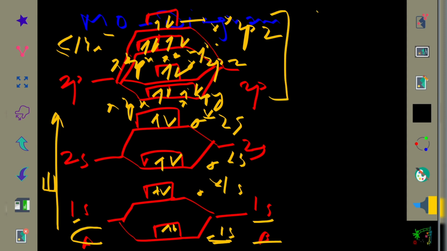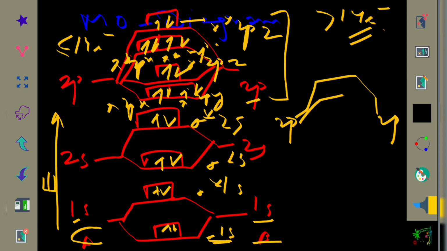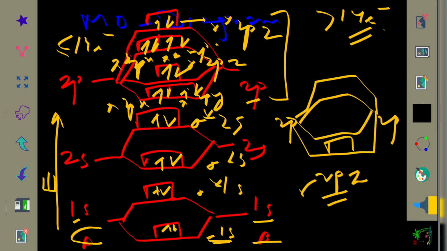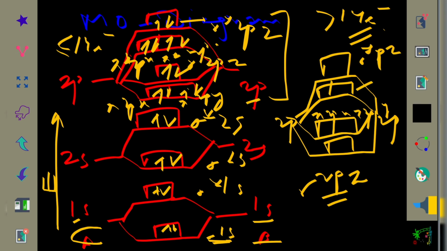But for greater than 14 electrons, in that case there will be a switching in the 2p orbitals, right? So for the 2p orbital, what type of switching will be possible? It will be like this. So here sigma 2pz will be more stabilized when compared to pi 2px and pi 2py. Rest of the anti-bonding will be the same, right? So this is sigma star 2pz and this one is pi star 2px and pi star 2py. So there will be switching within these two orbitals for molecules with more than 14 electrons.